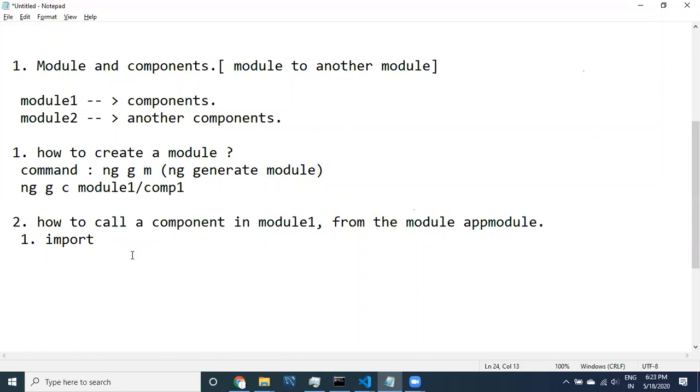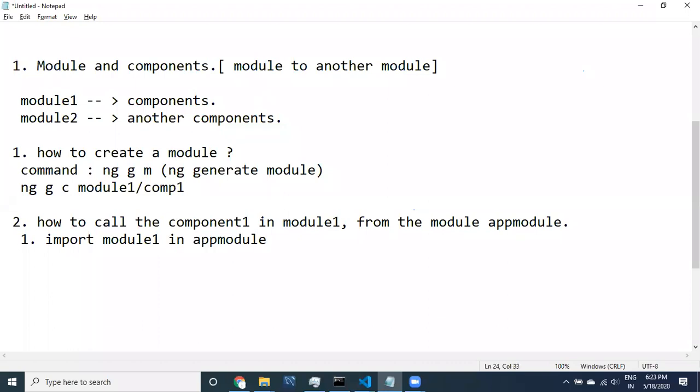First, to call component one, I need to import. What do I need to import? Import module one in the app module. This is the first step I need to do.